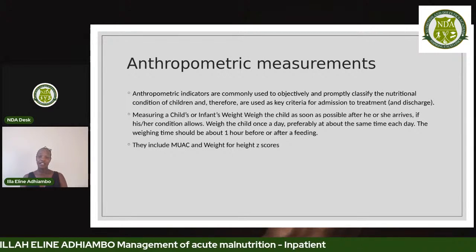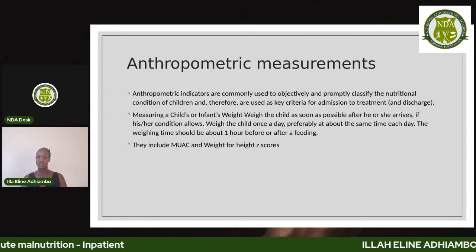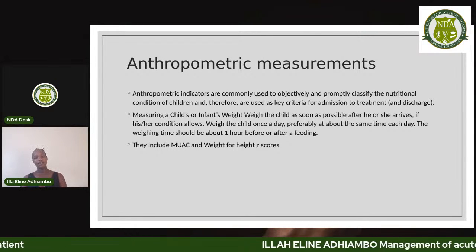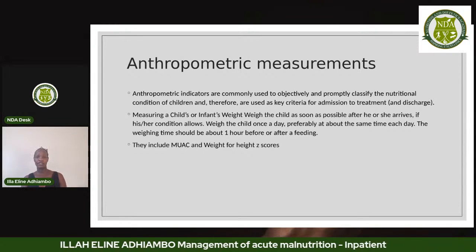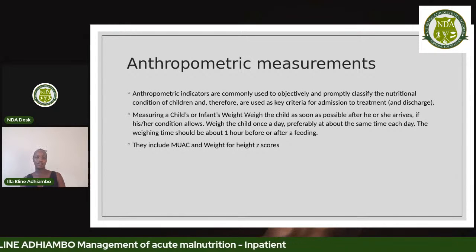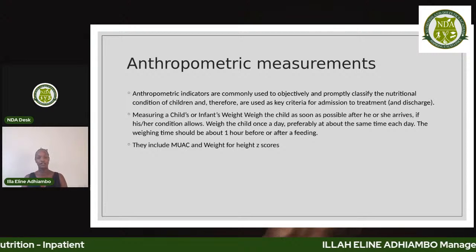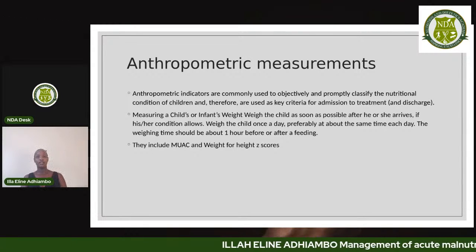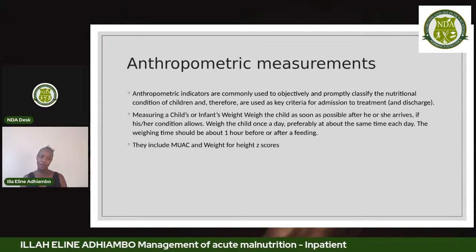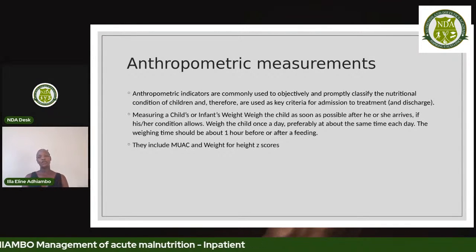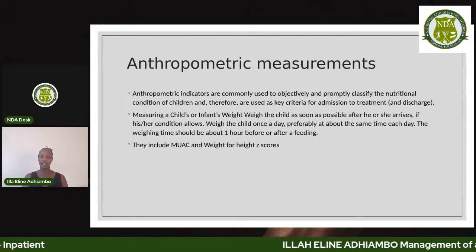We measure the child's weight as soon as they're admitted, as soon as possible, if the condition allows. And then consecutively, you're going to check the weight of the baby at least once a day, if possible, around the same time you took the weight of the day. So weighing ideally should be 1 hour before giving any food to the child. And the anthropometric measures we're going to look at include mid upper arm circumference, or MUAC, and weight for height Z-scores, which are going to help us categorize